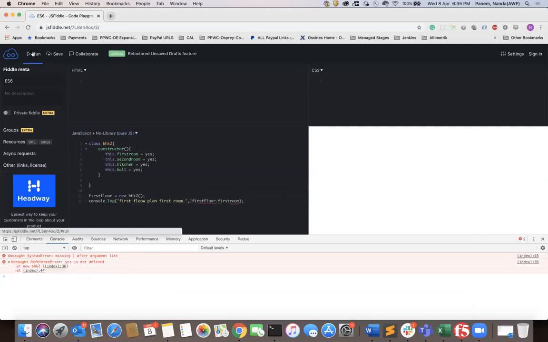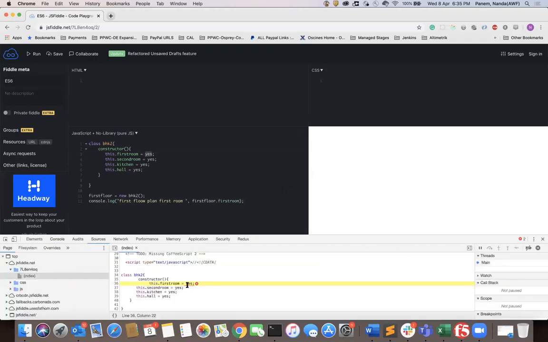If I execute this thing, okay, this is a string, correct? A string we need to give in double quotation, else it treats it as a variable.